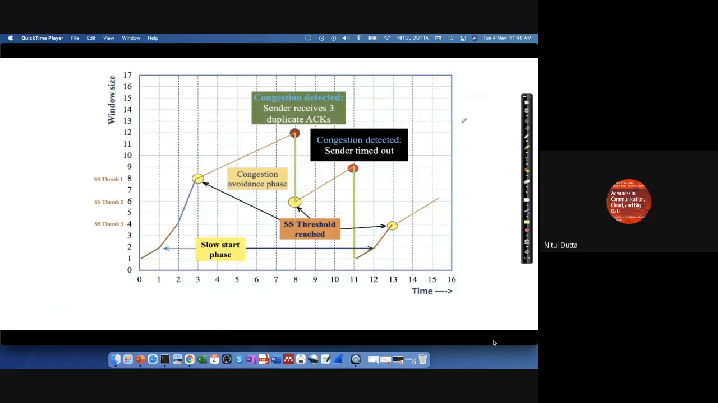Okay, so this is the scenario. We have seen how the slow start phase works. It starts with one segment. It increments by one segment every time one acknowledgement is received. And then it goes up to a threshold value. The threshold value here is assumed as 8. Okay, so what it does,